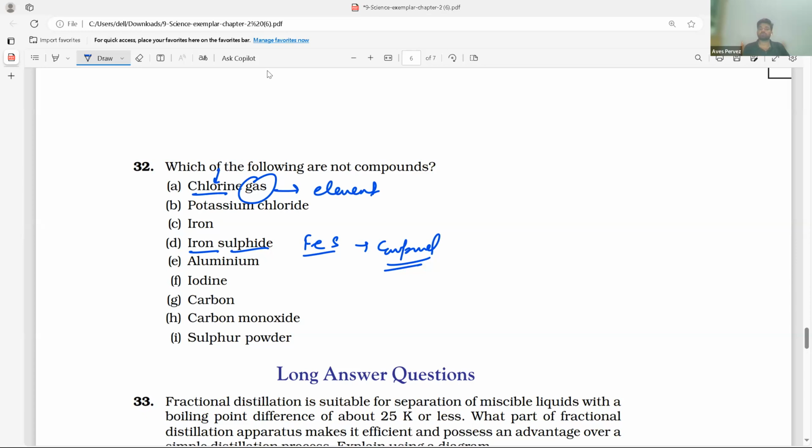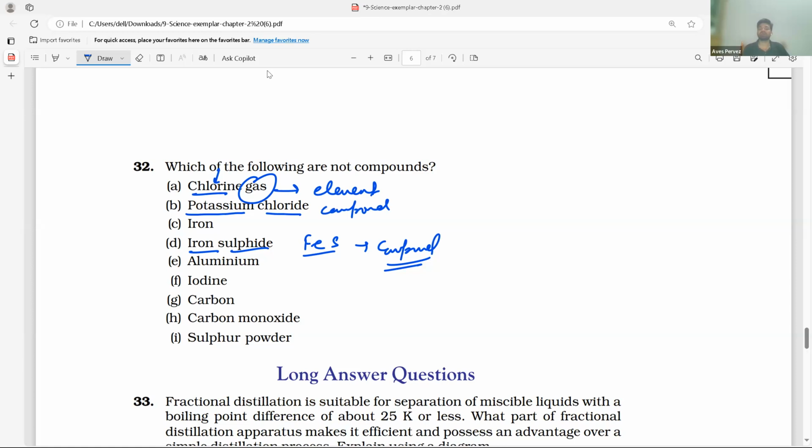Here there are two substances, potassium and chloride. There is a space between them. Every element is going to have only a single name, and it is written in one word, not two words. If it is written in two words, then it is a compound. But the second word should not be any state, like chlorine gas. Gas is a state. It is not a substance. So that's why it is an element. You understood? Potassium chloride is a compound because it is made up of two words. Iron is only a single word.